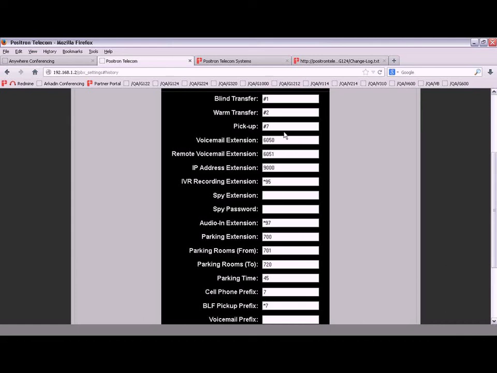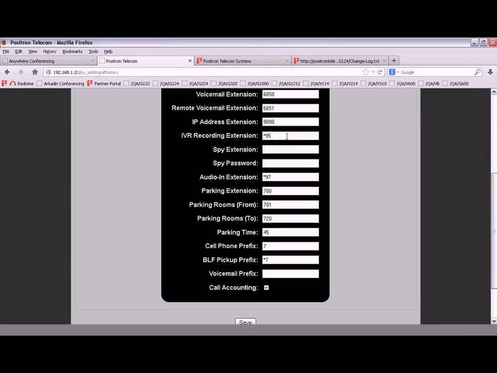Okay, so instead of using a sniffer, you can simply do that. So we covered the Star95. It's for custom recordings. Now the SPY extension here, what this is, let's say for example you have